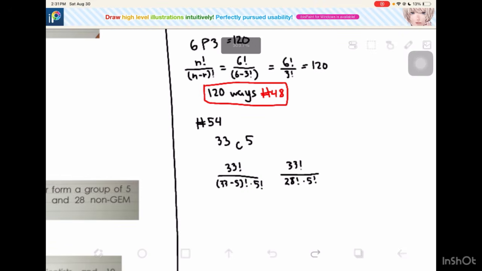Let's see that in our calculator: 33 factorial divided by, in parentheses, 28 factorial times 5 factorial. We should get about an answer of,